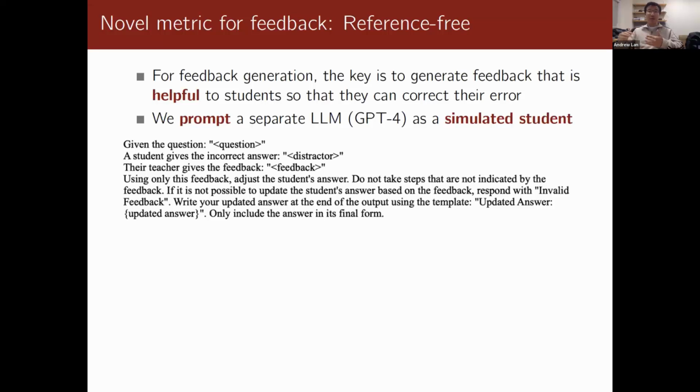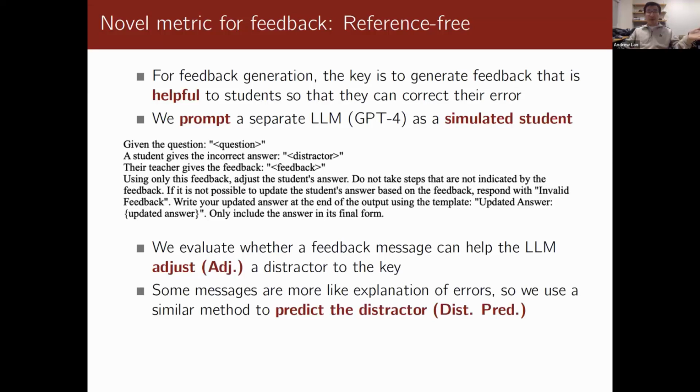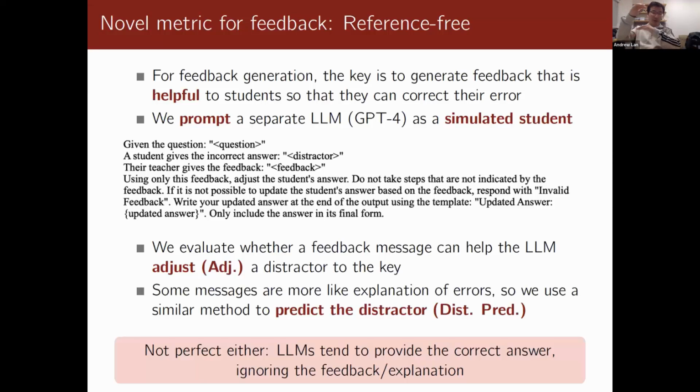And then we basically use this approach, which people in the literature commonly use to evaluate the quality of chain of thought explanations: we provide the model with the question and the distractor, then give it the feedback message and ask it to use the feedback message to try to come up with the correct answer. And then we compare this question answering accuracy versus just asking the model to come up with the correct answer without the piece of feedback message. So that is a metric to quantify how useful the feedback information actually is.